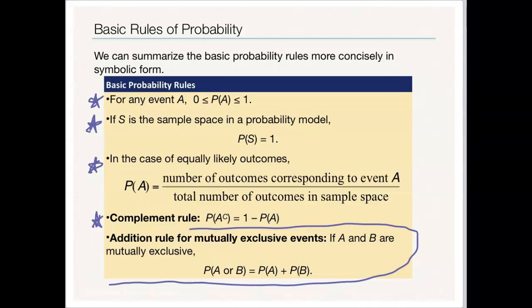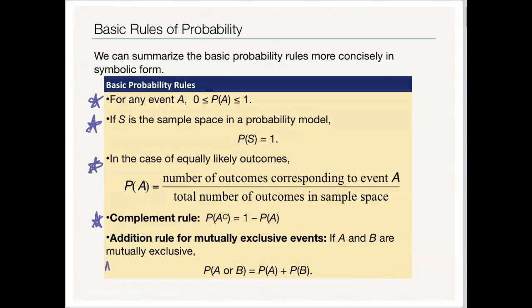The only additional thing you really need to write down is the addition rule for mutually exclusive events. If A and B are mutually exclusive, meaning they cannot occur at the same time, then the probability that either event A or event B occurs is just the sum of the individual probabilities. And that's pretty clear with my simple